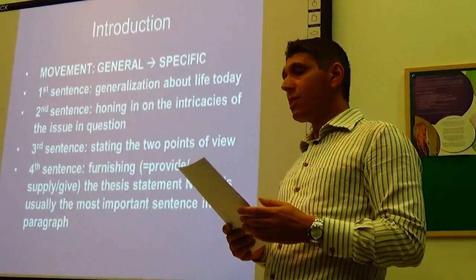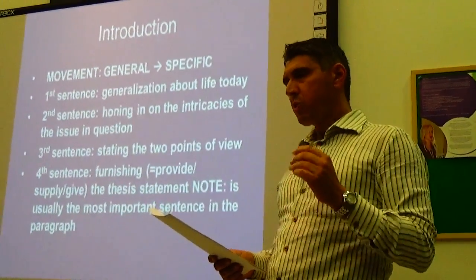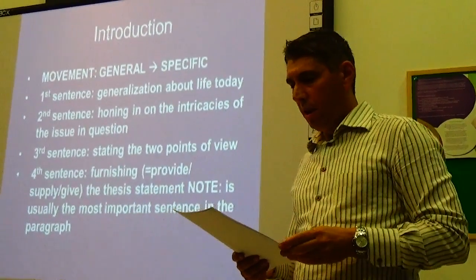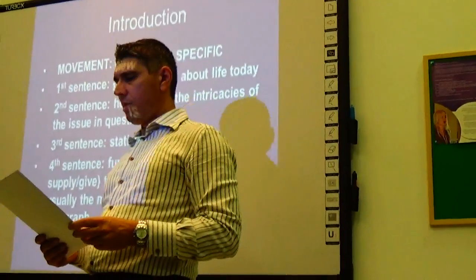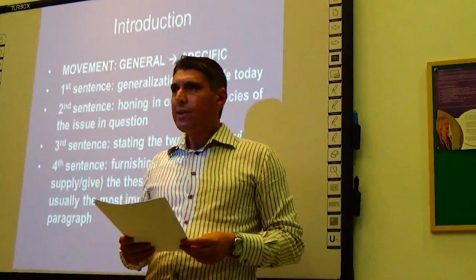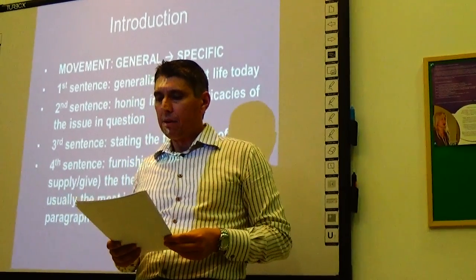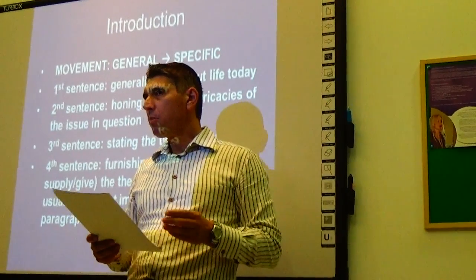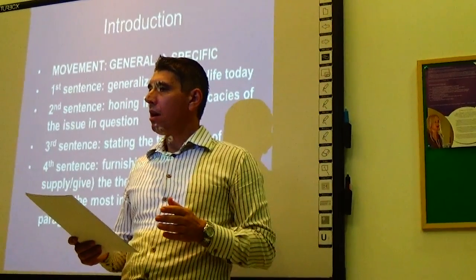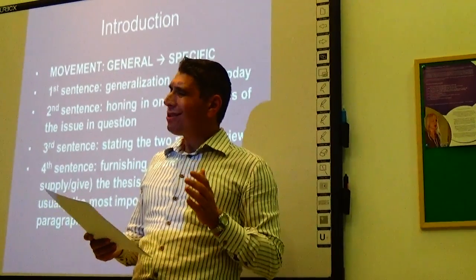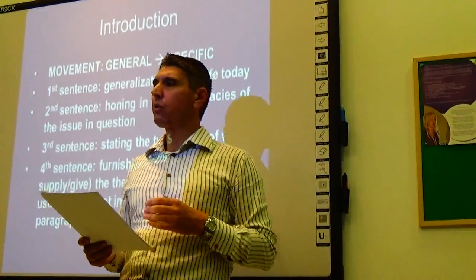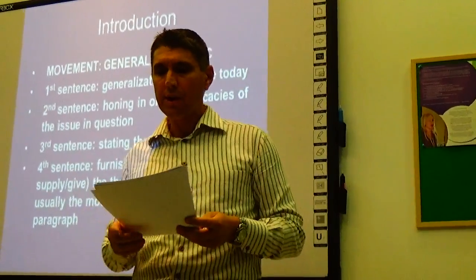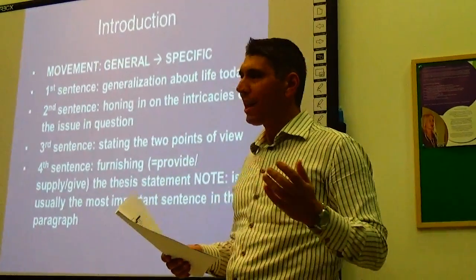Now, depending on how controversial the topic is, you have two options. One option is if it's not a highly controversial topic, you can say fairly controversial issue. And then use divides public opinion. But if it's a highly controversial issue, then you say highly controversial issue, and you use divides people into two opposing camps. So you have to be careful with how strong the language you're using is. If the topic is not highly controversial, do not use strong language. Say fairly controversial, and just divides public opinion. But if it's highly controversial, then you can say highly controversial and divides people into two opposing camps. Okay.